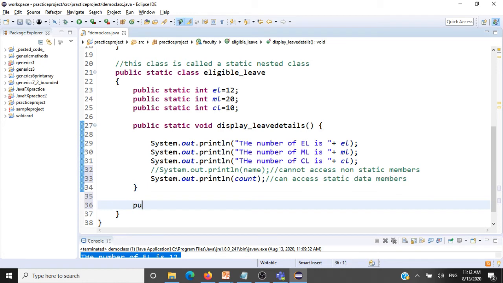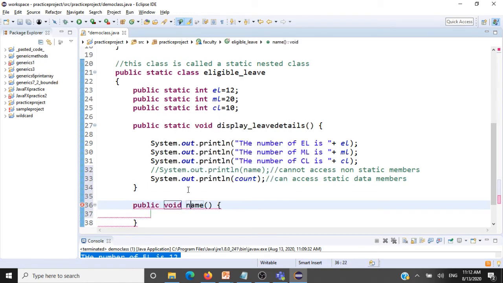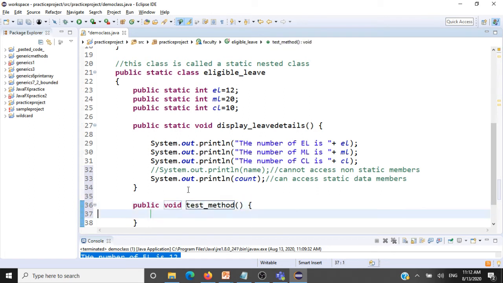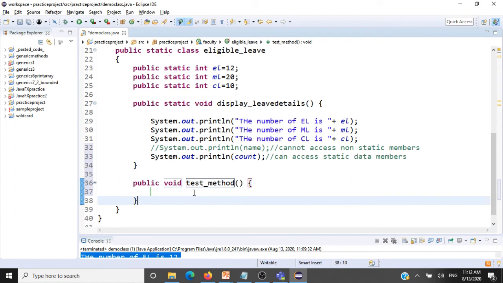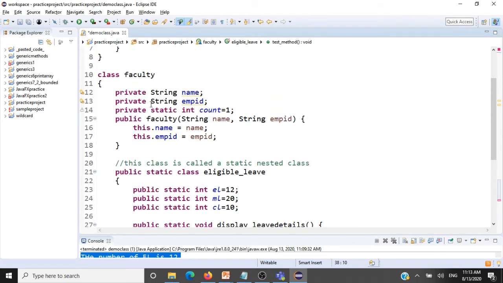For instance, if I have a method like this, just say test method, and you see this is not a static method, but even then you cannot access a non-static data here. So name is again non-static data from the faculty class.